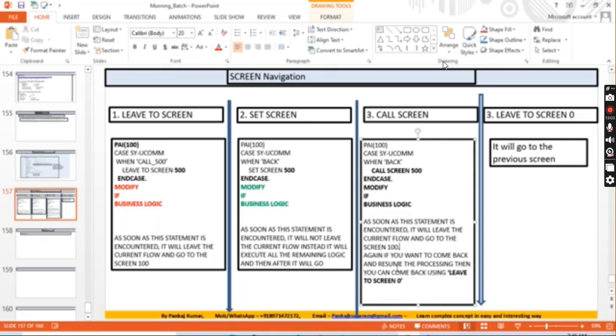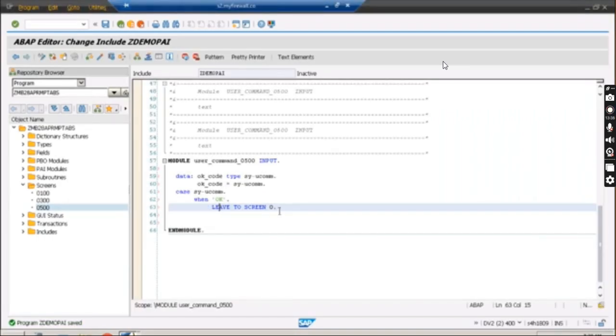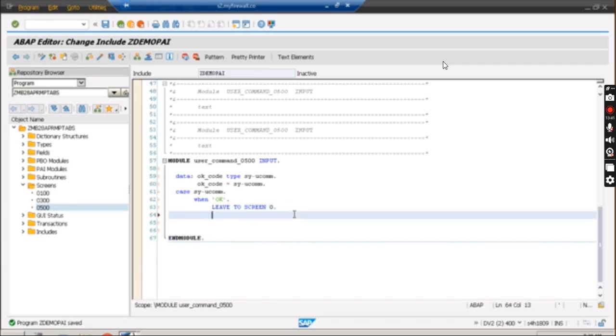Again, if you want to come back and resume the processing, you can come back using leave to screen 0. What I mean to say is you will not lose the connection with the previous screen. You can come back to the previous screen flow again. I will show you. But you will have to use this particular statement. And if you want to cancel,